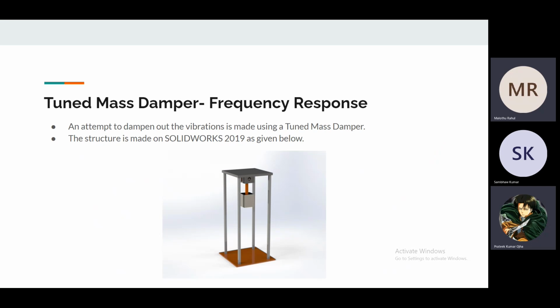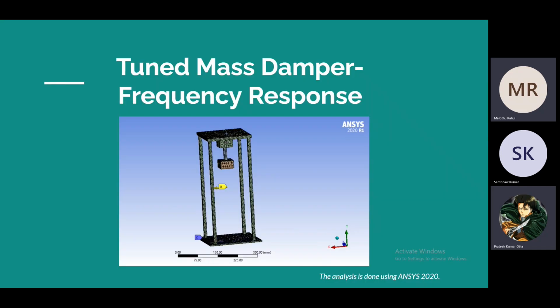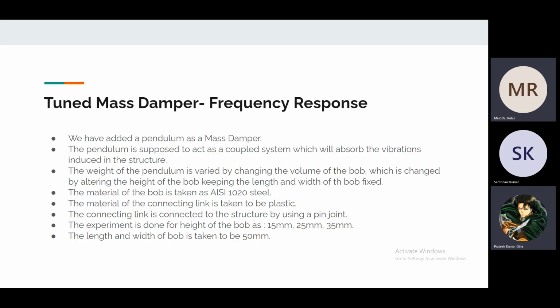So the following is the rendered image of the structure with the intervention of the tuned mass damper. This structure is also made on SolidWorks 2019, and the analysis is done on ANSYS 2020. Please, next slide. So in this, a pendulum as a tuned mass damper is added. We have done a few sets of experiments with varied mass of the bob of the pendulum. For the pendulum, the connecting link is made of plastic, and the bob is made of the same steel material which has been used for the columns,